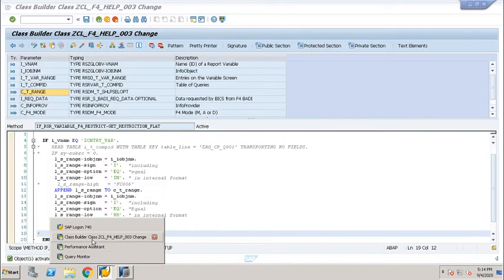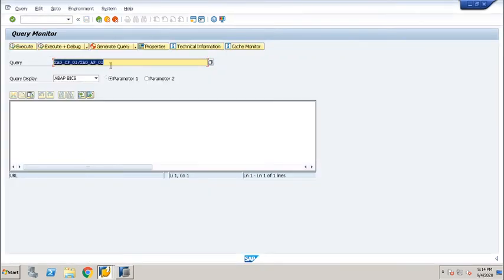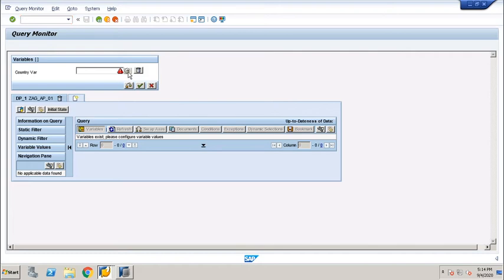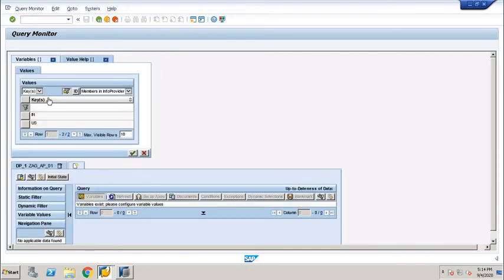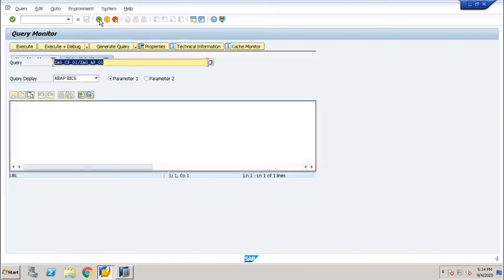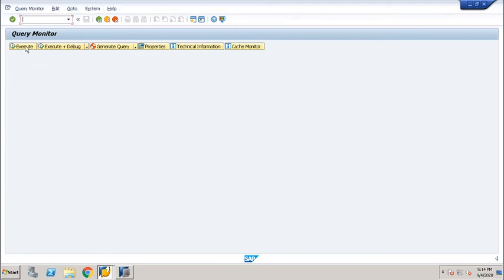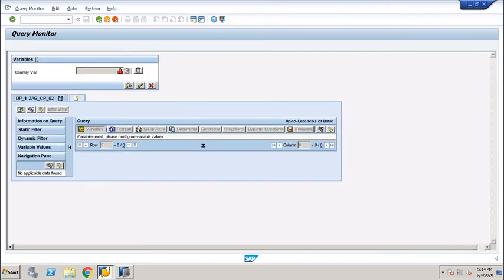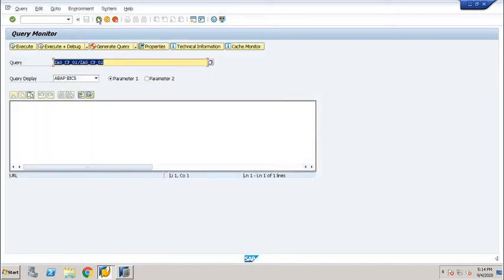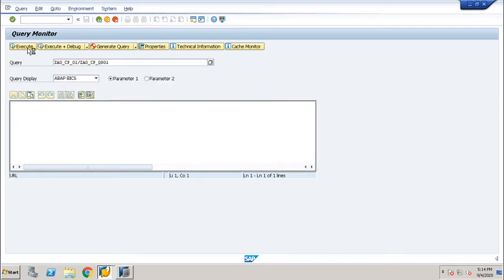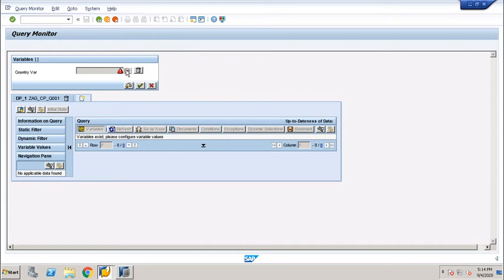Now go to RSRT again. Let's see. First I am executing the third query. You can see here, okay, only two values are there. Fine. Now I will execute the second query. Now you can see only two values show here also. Okay, great. Now the first one. Yeah, so our second scenario has also been covered.